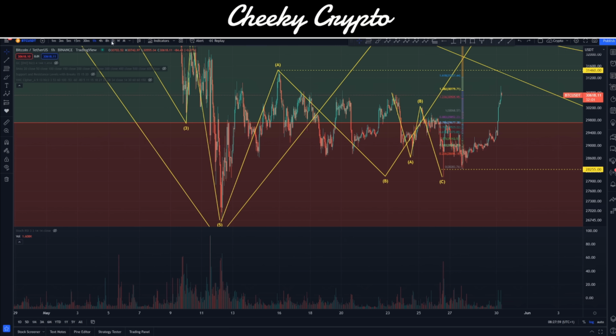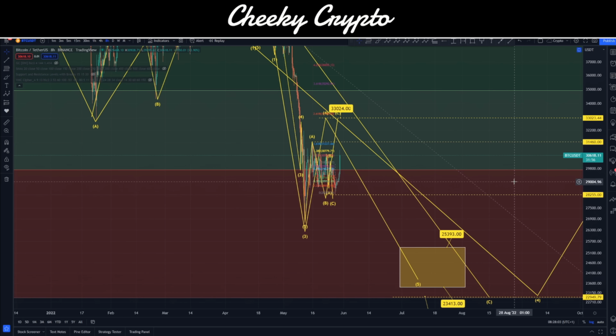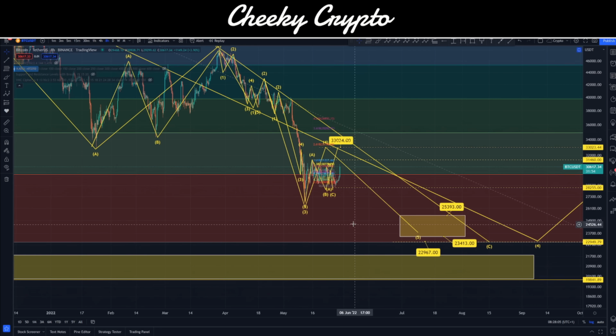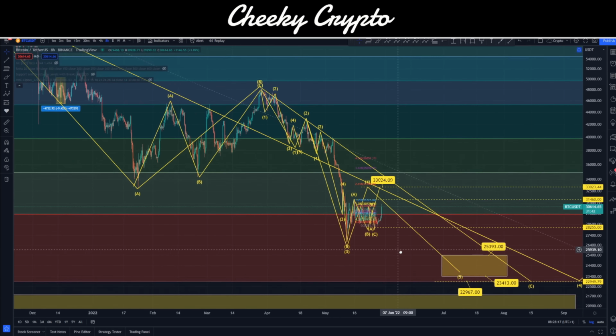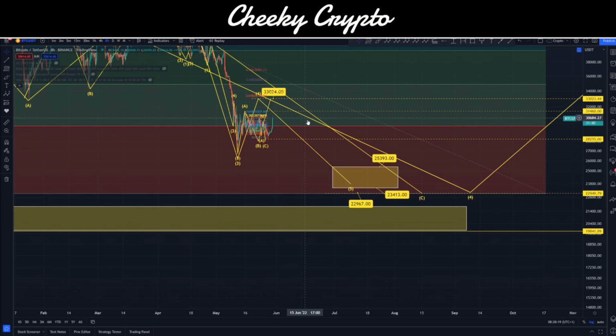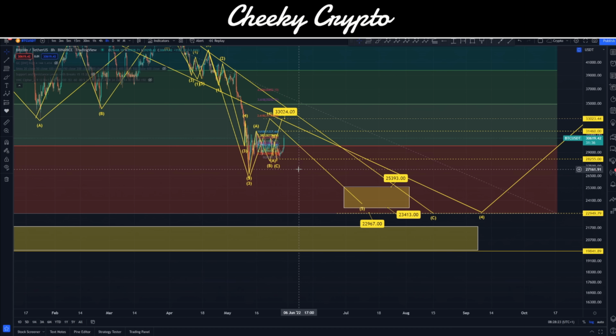If we come up into our 8-hour chart here, and we just bring this across, bring this down. Let me just double click this in here, you can see that where we are actually targeting is still 22,967, and we also have this sweet spot right here. But again, depending on how high this ends up going, it does change this fifth wave target ever so slightly. I would be looking at finding this coming down quite a bit and towards our lower targets,